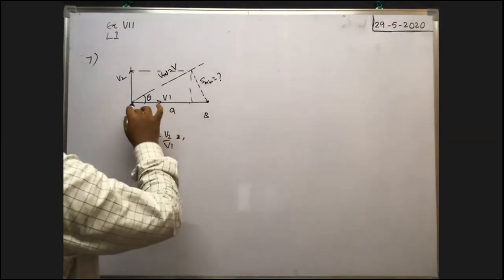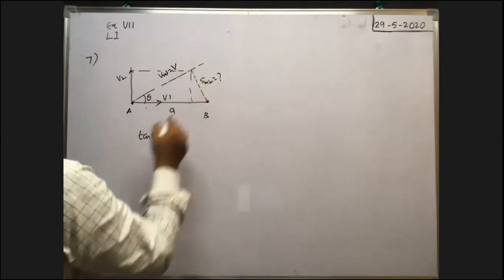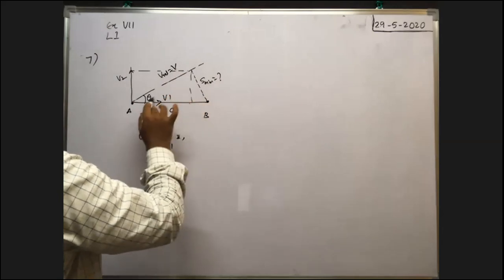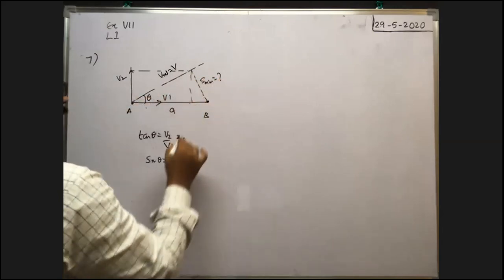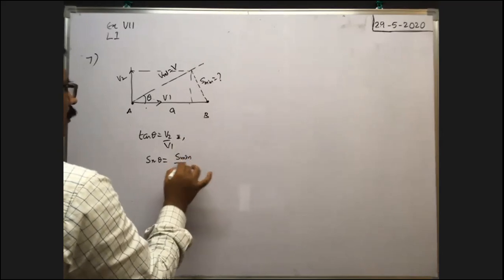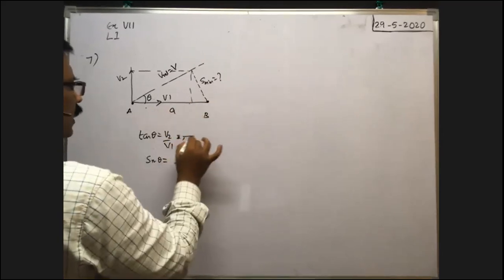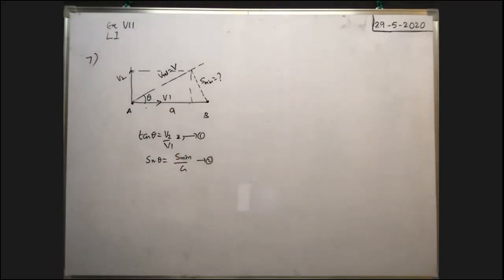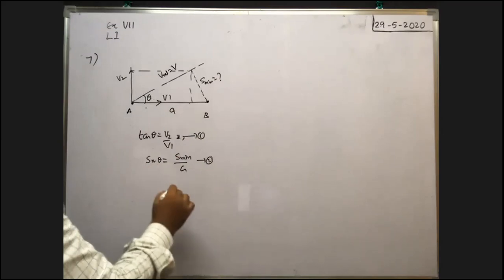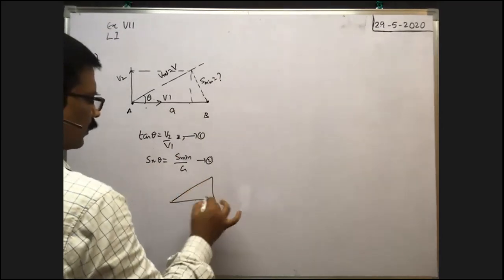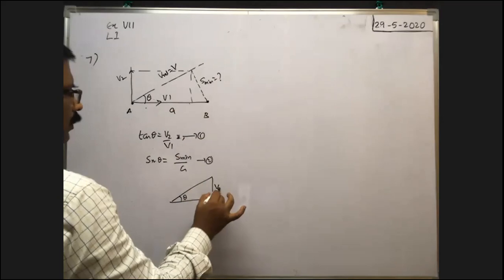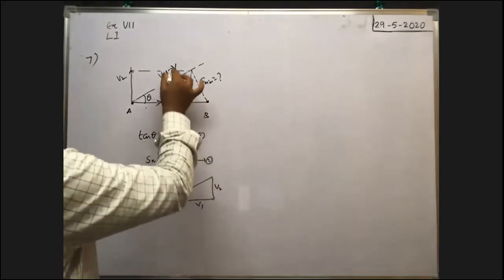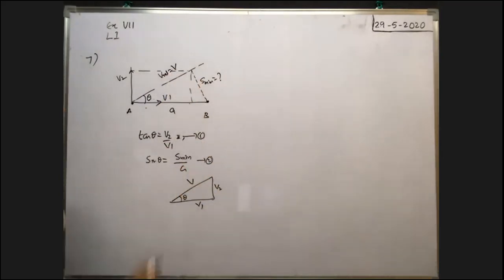Next, you take sine theta because we need this distance. Sine theta is equal to, in this right angle triangle, the opposite side, which is S minimum, because we need S minimum, by the hypotenuse, which is a. So these are the two equations we got. From this, tan theta is equal to opposite by adjacent. Of course, the square root of v1 square plus v2 square is equal to v only, no? This is the information given.